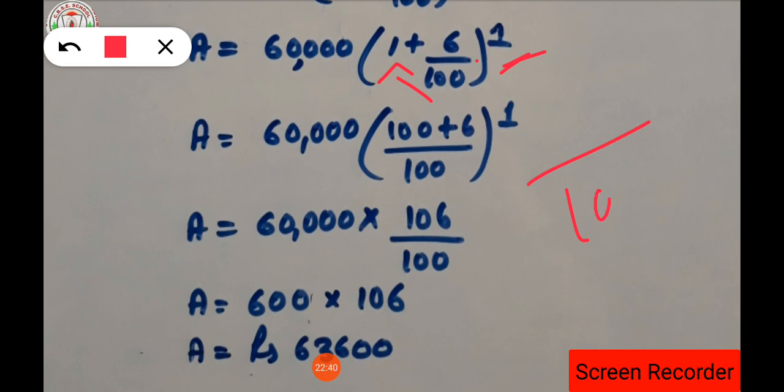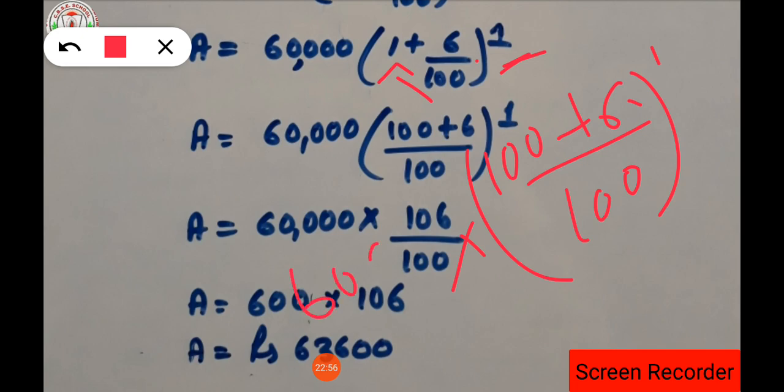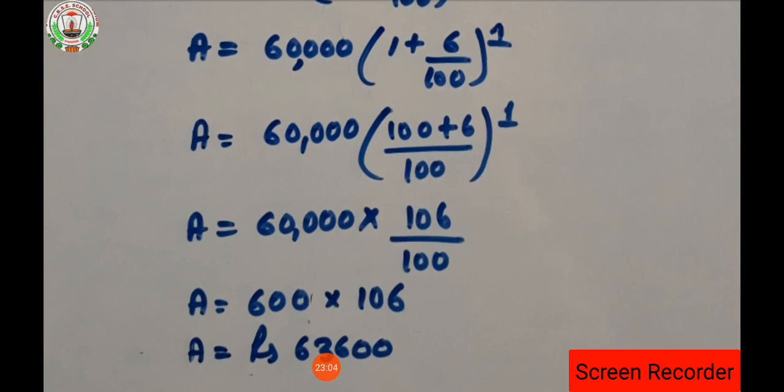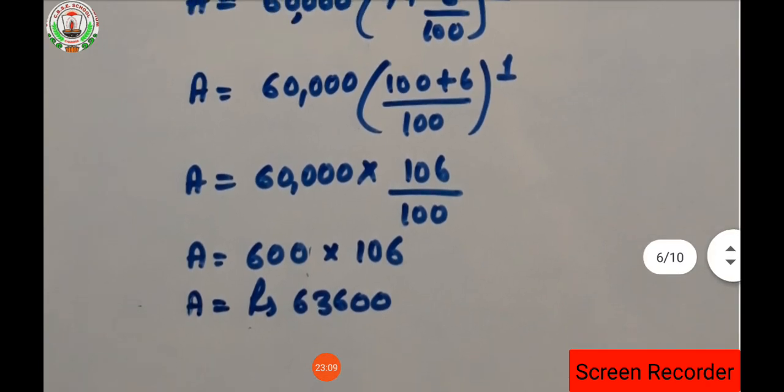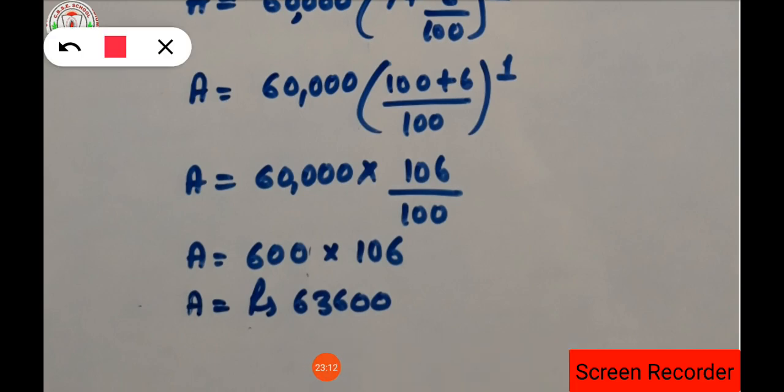So by LCM if we are solving, we will get 100. 100 comes in the table of 1 how many times? 100 times. So 100 into 1 will be 100, plus 100 comes in the table of 100 1 time, that is 6 into 1 will be 6 itself, and whole to the power 1 into 60,000. Clear? Then 100 plus 6 will be 106 upon 100. Okay. So since the power is 1, that means 106 upon 100 will be written one time only, as the power is 1, that's why. So here the 2 zeros from the denominator and 2 zeros from the numerator will get cancelled.